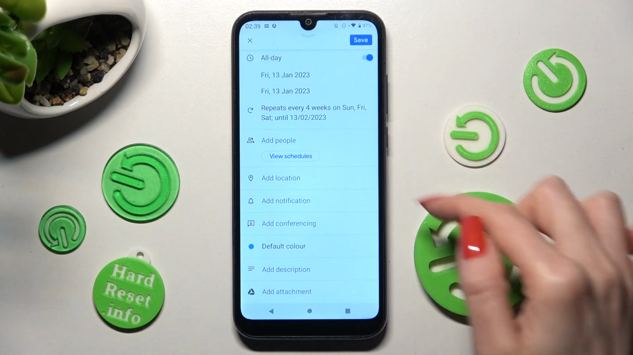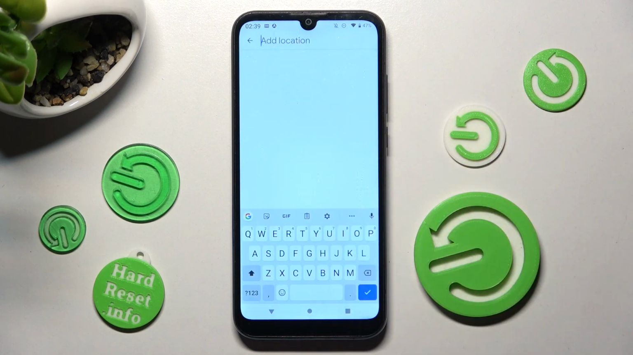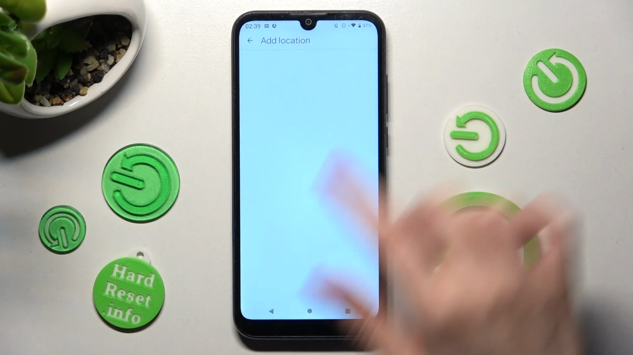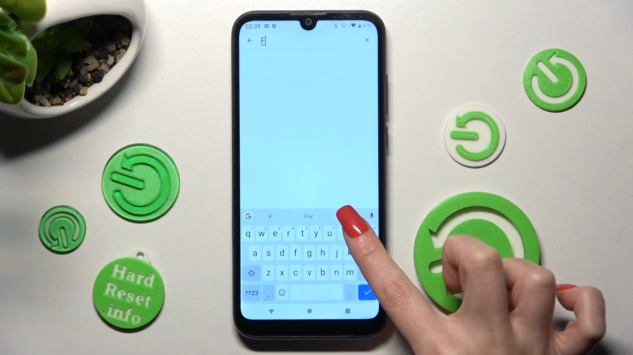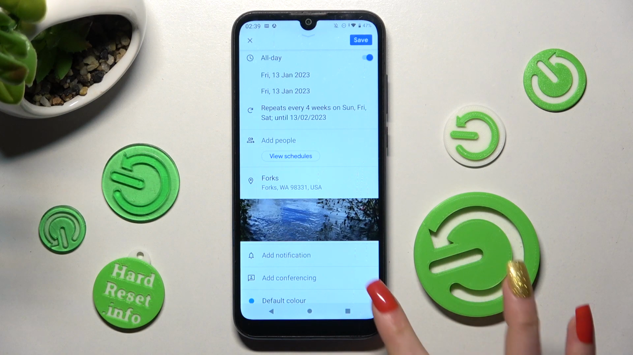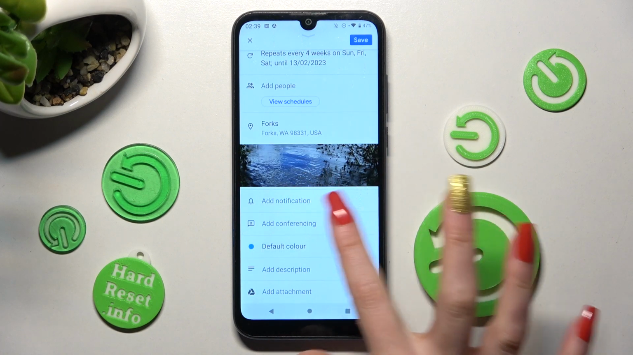Now you can add people, choose Add Location, and select Allow in the pop-up. Then type in an address and click on the correct one. You can also add conferencing over here